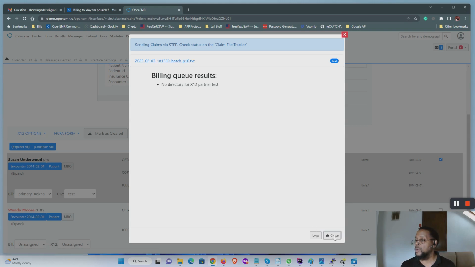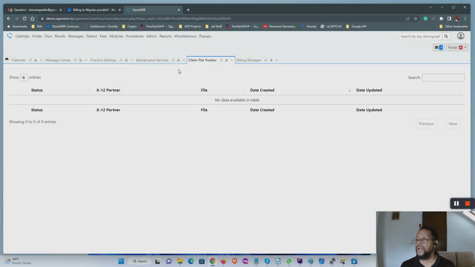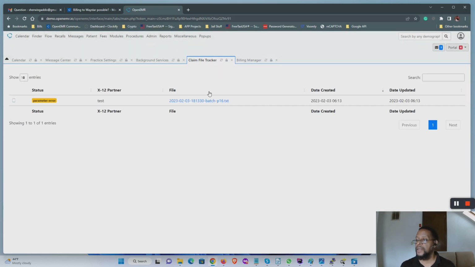If I close this, go back to my claim tracker and refresh it, there it is. It's going to say parameter errors because I don't have anything in the SFTP credentials. If your credentials are wrong, you will get a login error. But if everything goes right and your credentials are correct, you will get a waiting status, because it checks every minute to see if there's a claim in there. When there is a claim, it will say sent. So if I go back over here, just for reference, I'm going to grab